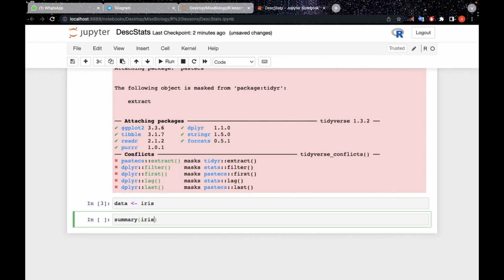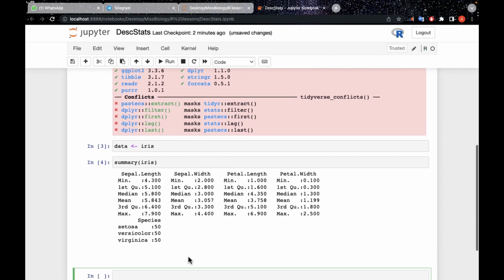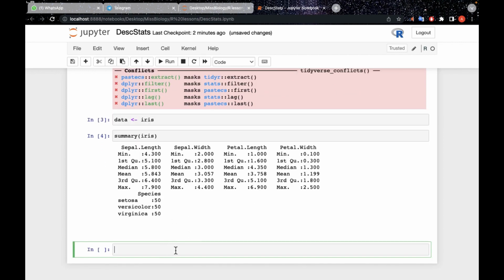And a quick summary. And we also can use the next procedure.